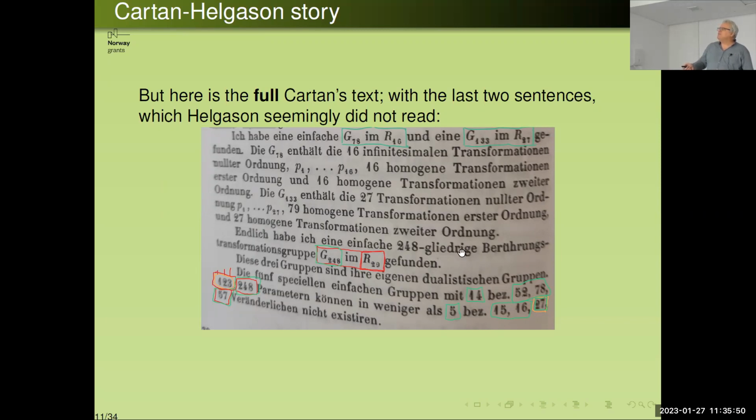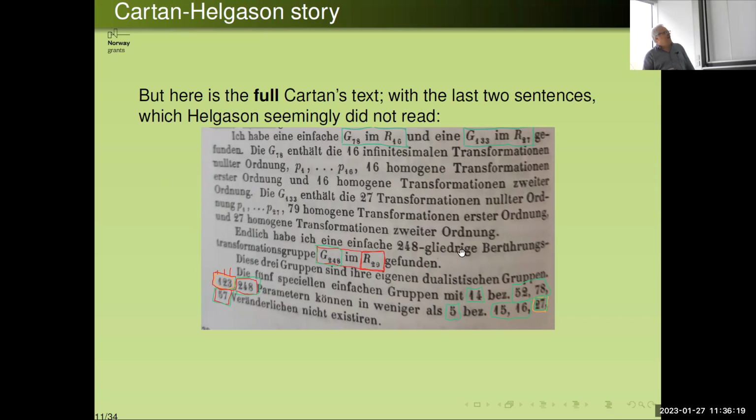57 for this group of dimension 248. So definitely 57 for E8 is in contradiction with 29 for E8, right? So he wrote two sentences. As you see here, in these last three sentences, there are two misprints. There is misprint 29 here, and there is misprint